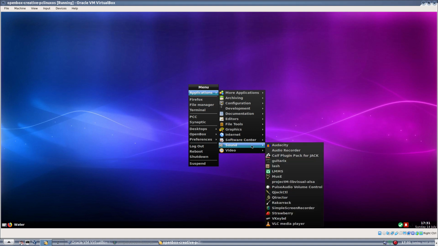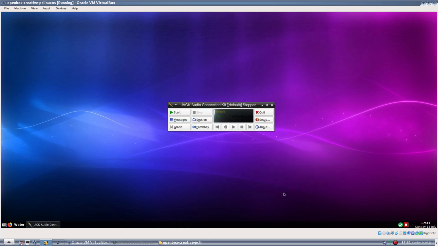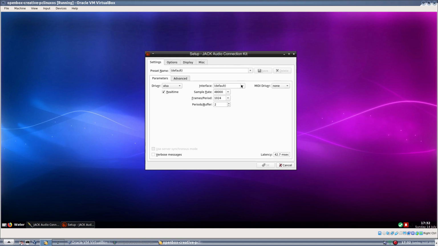Under sound. Sound's a big one. Okay, so we got Audacity, audio recording, Carla plugin for Jack, Guitarix, LMMS. So, let's start up the QJackCtl. I know I do have to set this up for this because I think it's the top one,